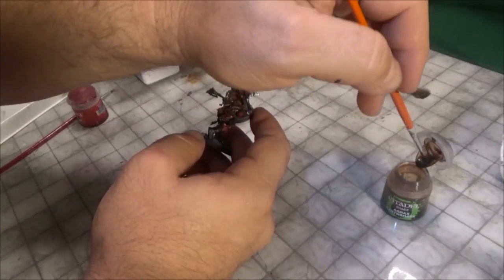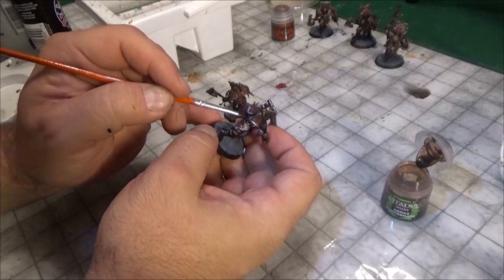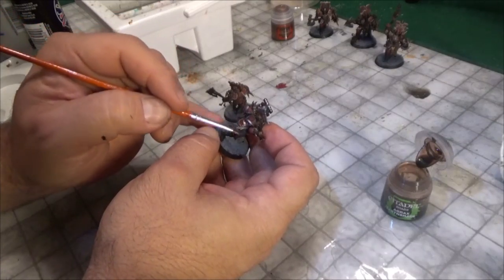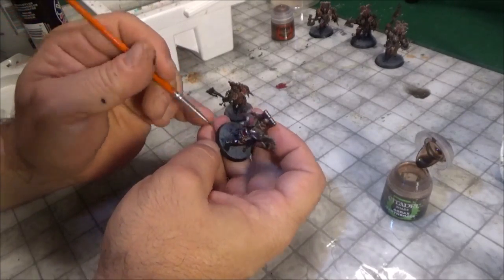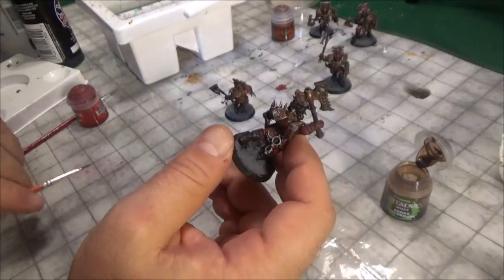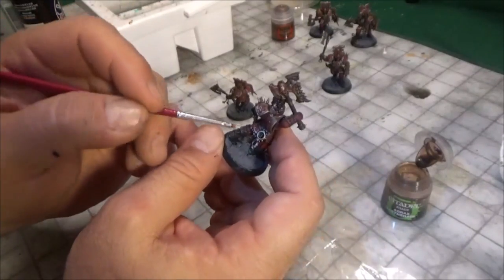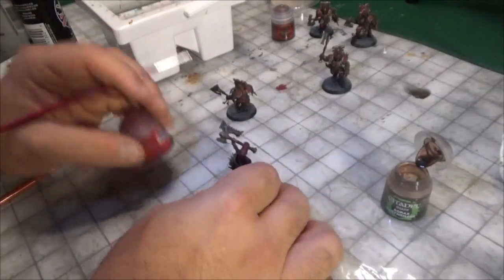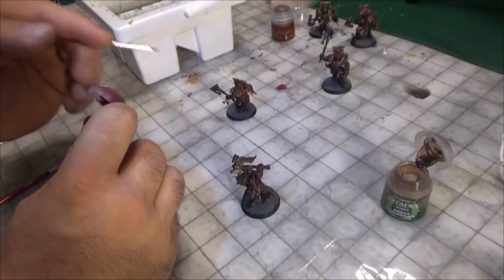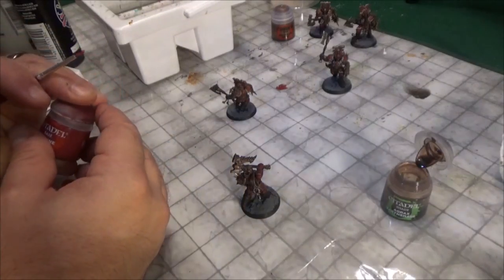And we're really just going to darken everything up there. And you can see how that's all going to get nice and dark from the wash. It ends up like this. And then all we do is we take our red again, and then we go and we fill in the spot here. So let me show you how, because I didn't do it on this guy yet specifically, so I can show you that once that wash dries,